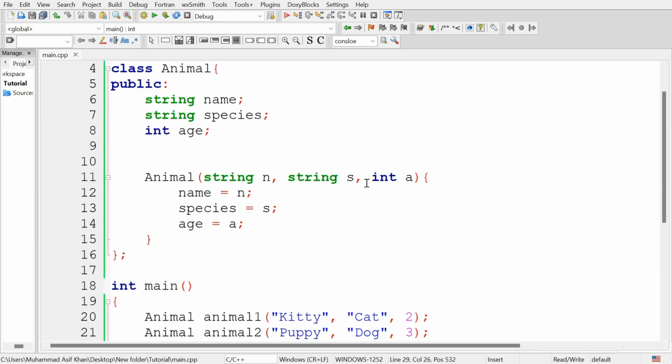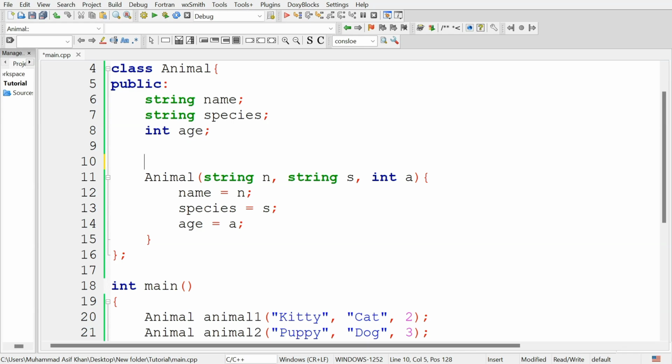A class can have more than one constructor, and this is called constructor overloading. Constructor overloading means a class can have more than one constructor. For example, if we create an object and we initialize it without giving the values for the different attributes, there will be a constructor of that type.